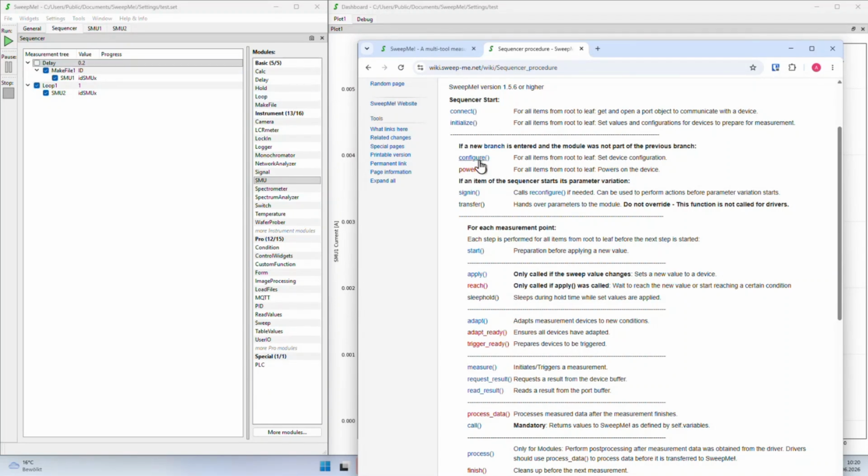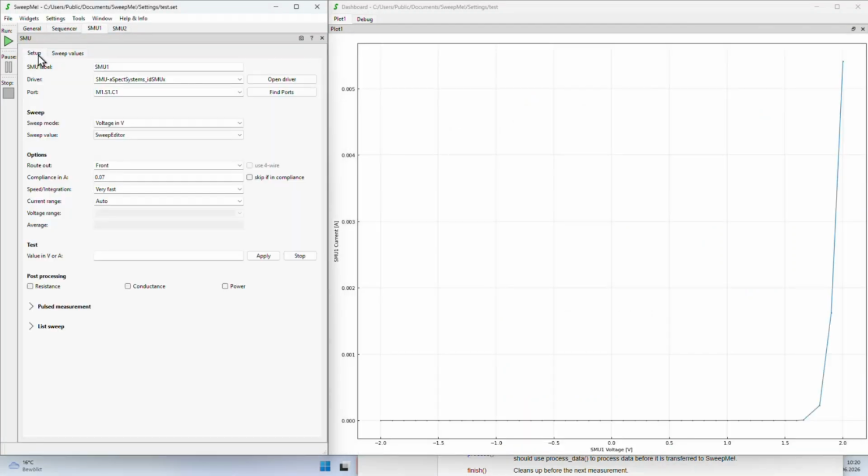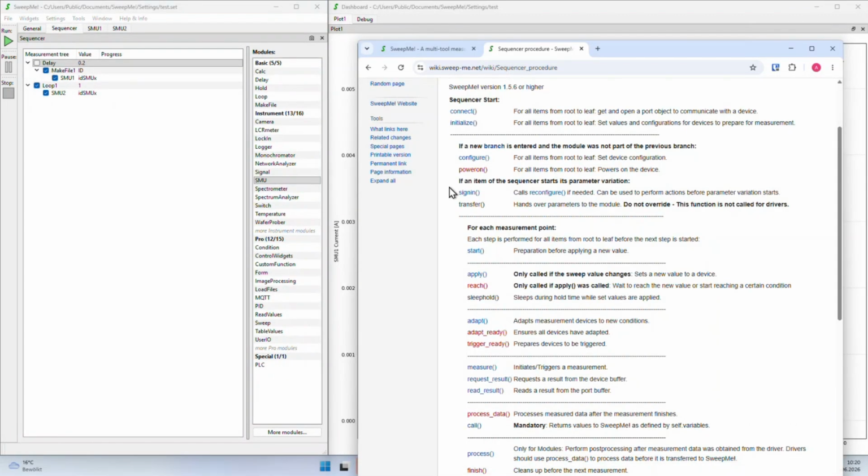They don't need to do something at this point, but they can do it. And the SMU module will, for example, configure, and this means it will send the user configuration to the driver, and the driver can set all these properties and send it to the instrument. So this is typically done in the configuration phase of a module. Once every module of a branch is configured, the instruments are powered on, and there are some functions that go